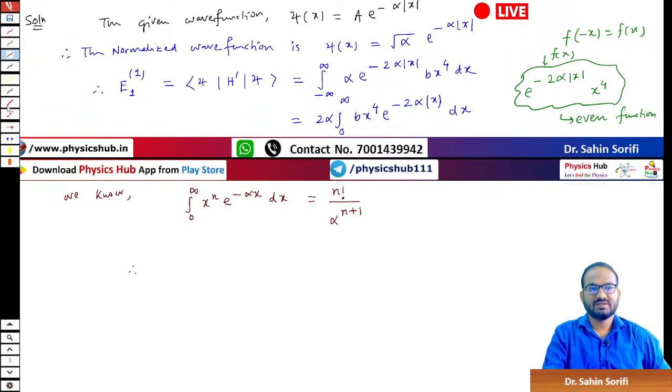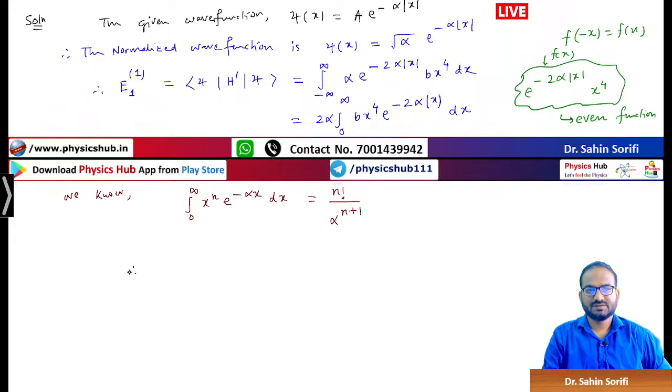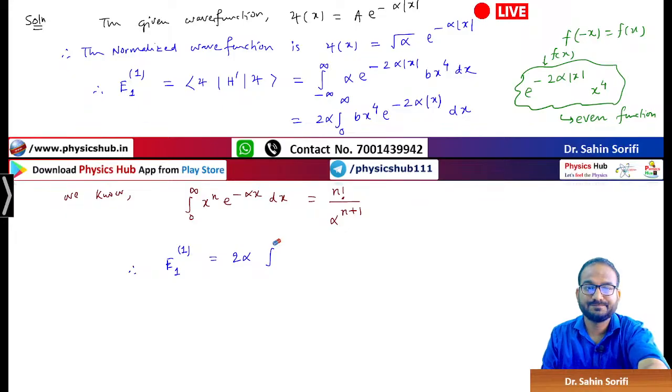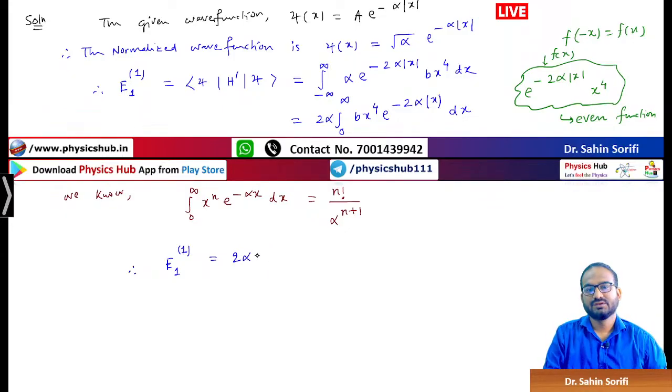As a result, if you use this standard integration, we can write E1 of 1 equals 2 alpha times this integral. What is this value? Let's take beta outside also: 2 alpha beta, n equals 4, so 4 factorial divided by